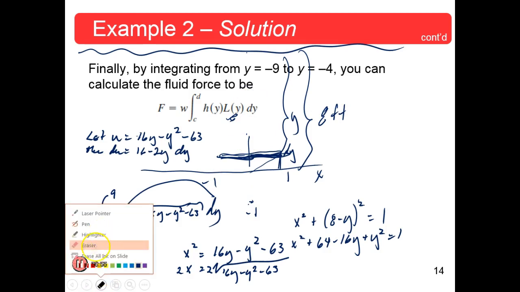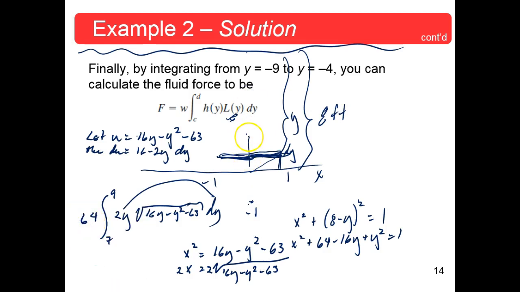Whoops, yuck. Didn't know my eraser was still on. Okay, I've lost everything here. Okay. Actually, and this is not a bad idea, let this be your XY, okay? That's your origin down here then. Then your Y is just Y, and that's much easier to deal with than that radical, okay? And then your depth, what we were calling Y, that's not your depth anymore. Your depth is, if this is Y going up here and down here and out,